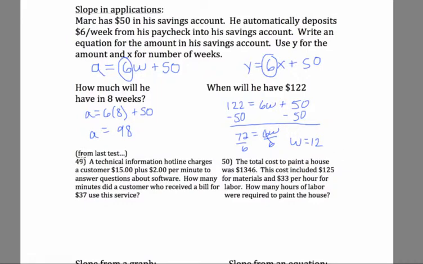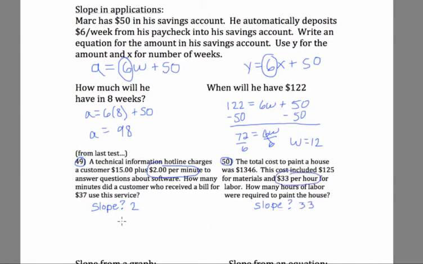Let's look at a couple problems from last test, 49 and 50. I don't know if the numbers match up, but the problems I think were there. Again, what will the slope be? The slope is going to be the $2 a minute, the rate. Number 50, what would the slope be? The $33 per hour,